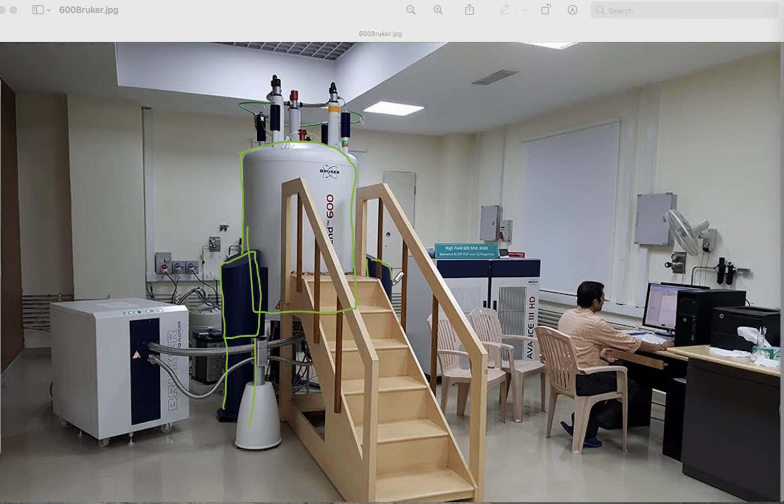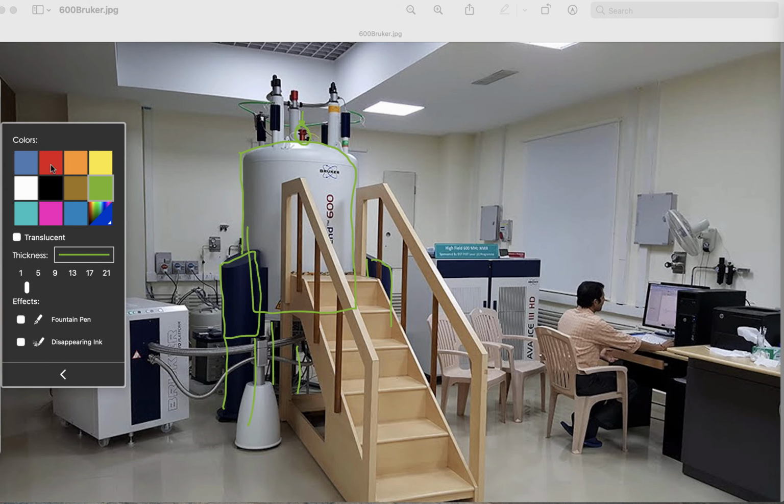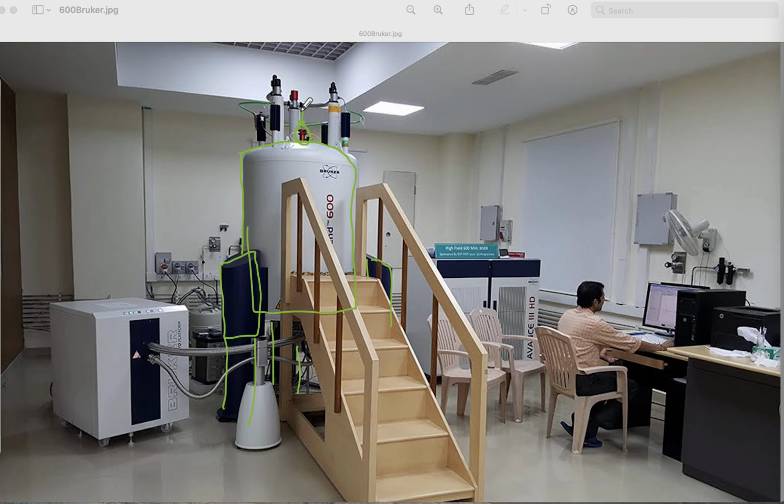This is the second leg which you can see, and then there is a third leg over here. And here, if you see, this is the bore of the magnet from where the sample is inserted on the top. Okay, so from here the sample is inserted, and then these are the ports from where the liquid nitrogen or the liquid helium is filled. So these are the liquid helium and liquid nitrogen ports. Rest of the components we'll see later.